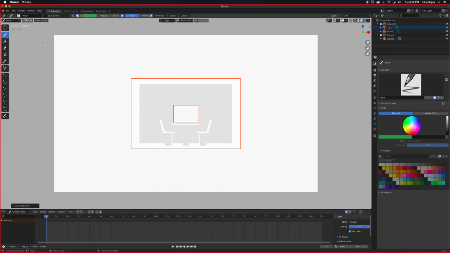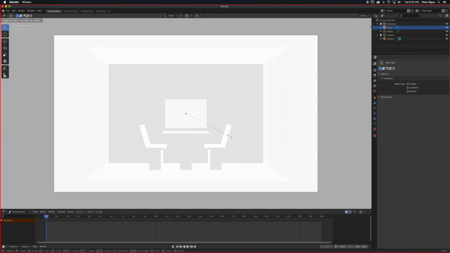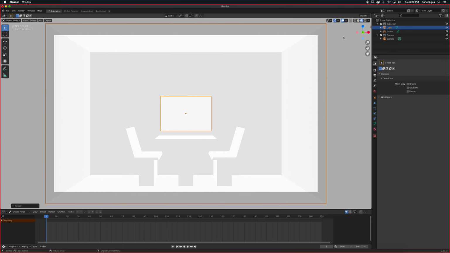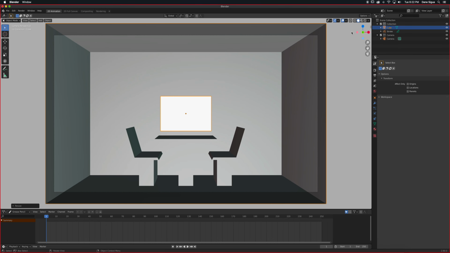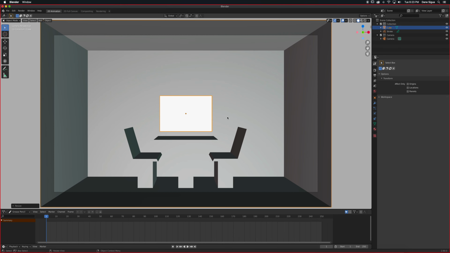I'm just going to press S, go to Object Mode, select the object. Then press S and make it big, and I'm going to go to shaded mode here so we can see better. Alright, so that's that. As you can see right here, you might not like the whole thing as being grease pencil, but you can't deny the fact that you can use it as a prop. You can draw your 2D here.